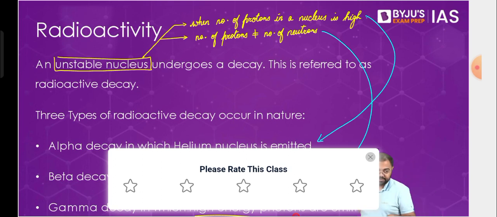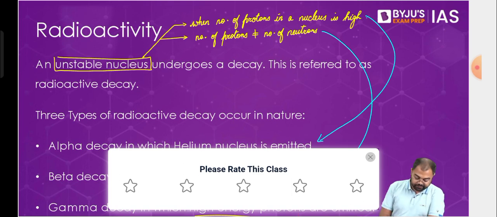Radioactivity is a natural process which will happen whenever you have these cases, whether it is an asymmetry between the number of protons and neutrons, or the number of protons being very high. When the number of protons is very high, the repulsive force will keep on increasing. There will be a time when the repulsive force is so strong that the nucleus will not be able to hold everything together, and some of the particles will start going out. Some of these particles will be lost.